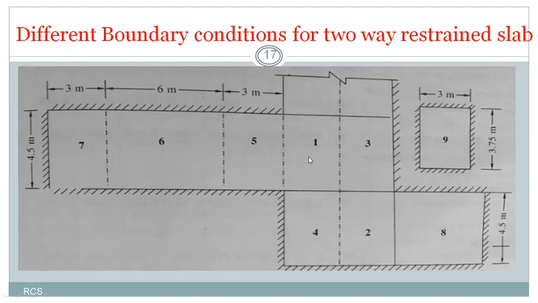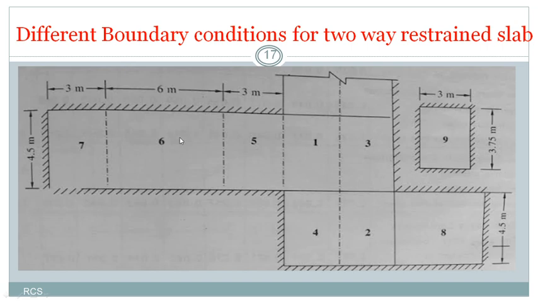See the first one. What is the first condition? The interior panel means all four sides are continuous. If you see, this is continuous, this is continuous, this is continuous, and this is continuous. And if you see the second condition, what is that? One short edge is discontinuous. So this will be the short edge and this is a longer edge. This hatching portion will show you the discontinuous edge of the slab. So only this is discontinued, and this direction, this direction and this direction are continued.